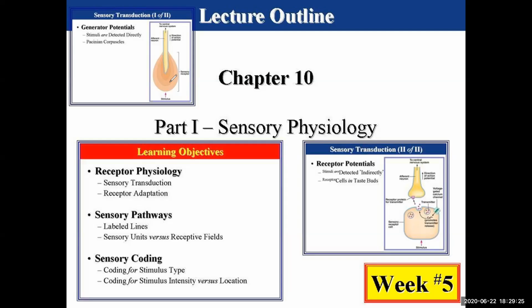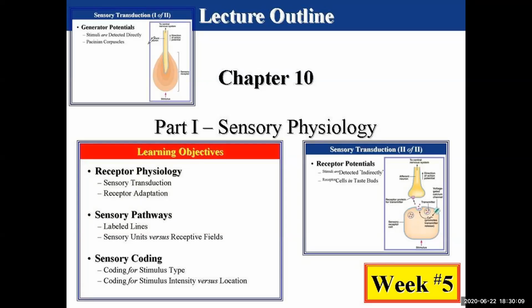For example, the Pacinian corpuscles, also known as lamellated corpuscles. These Pacinian corpuscles detect mechanical stimuli, for example, deep pressure on the surface of your skin. As your skin receives a deep pressure stimulus, it can distort skin areas deep enough all the way down to the Pacinian corpuscle. And once the sensory part of the receptor is distorted, it's going to induce the axon